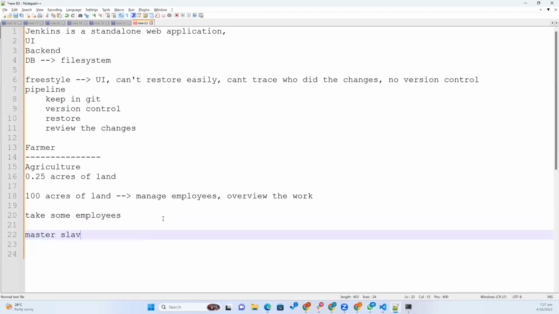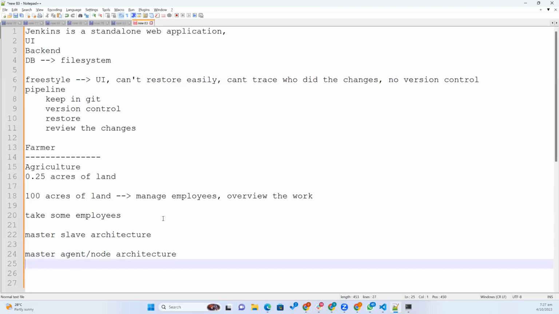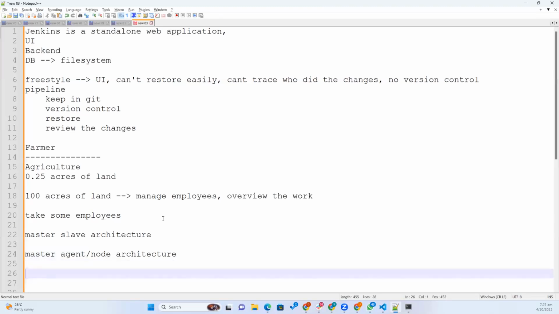So that is why we got here something like master slave architecture. Okay. So now we are not calling this master slave. We removed the word slave; generally it is removed everywhere in the world. So it is now called master agent or master node architecture. Since one Jenkins server cannot handle everything, there is a single point of failure, and we have other advantages also, we will discuss that. So one server cannot handle all the load, it may hang. So that is why we are going to have master agent architecture. Okay. So now how it will become is,